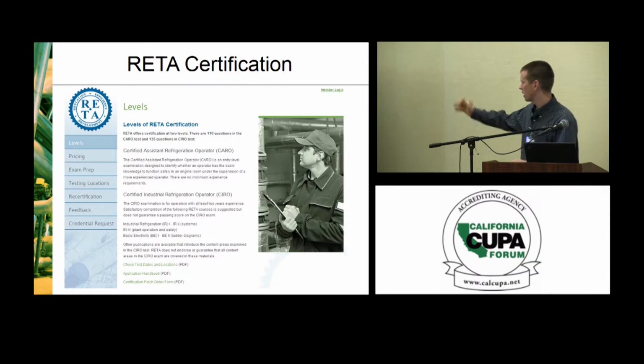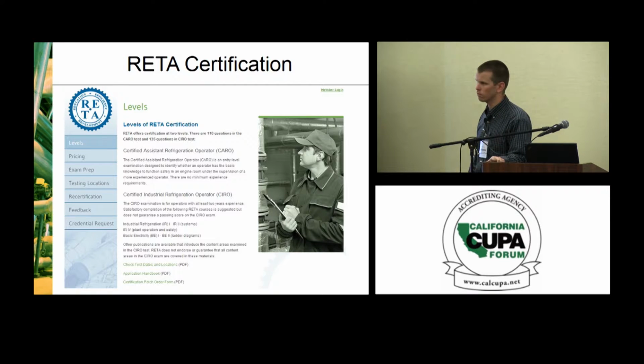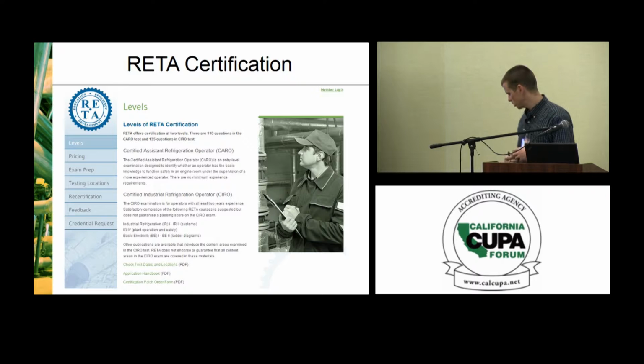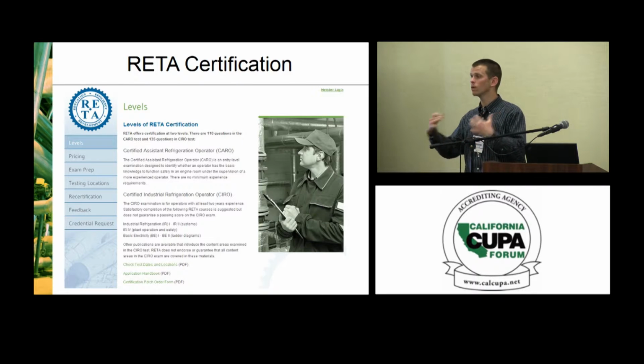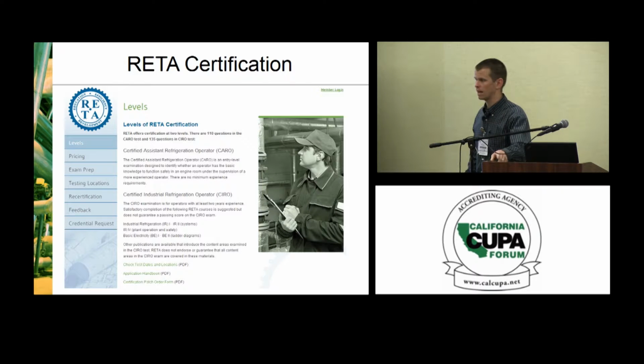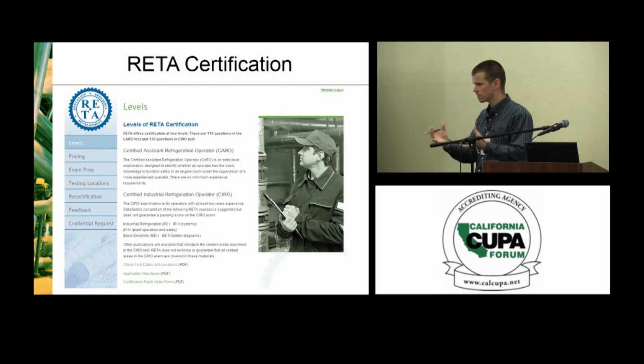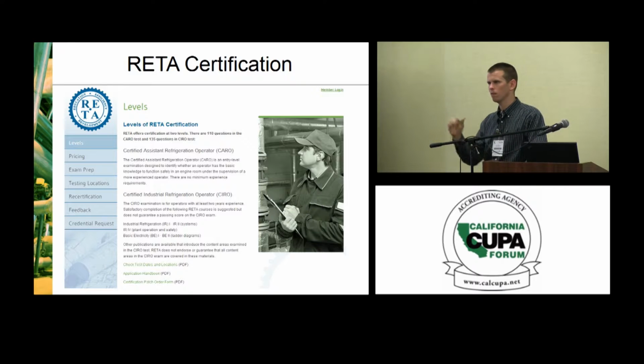And that's where I don't believe there's a better source than the organization of RETA. I know it's gaining popularity with some of the COUPAs locally, where I am, where they're maybe not requiring it, but at least emphasizing it. But I think RETA certified, encouraging RETA certification, not just going through a RETA class, but actually getting certified, I'm a big fan of that. I think it says something about a basic level of understanding of a refrigeration system, the cycle, the high and the low pressures, the various components, and it will help us all speak the same language too, so that we're all coming from the